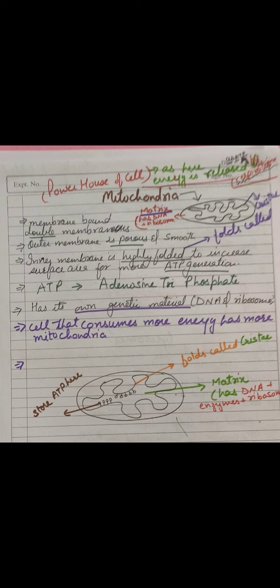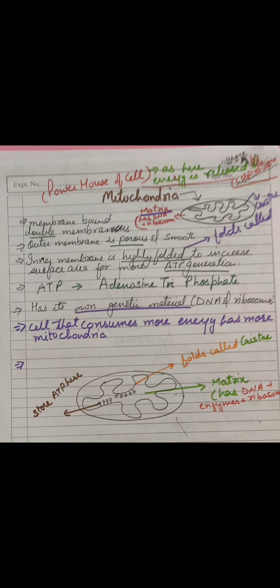There is also a difference in the number of mitochondria in plants and animals. Plant cells require fewer mitochondria, but animal cells require more. You can imagine the reason: animal cells move, and for movement they require energy, while plants are stationary, so the energy required is less. So one very important thing to note is that they are called the powerhouse. The second important thing is the ATP generation. It is the place where ATP formation takes place.